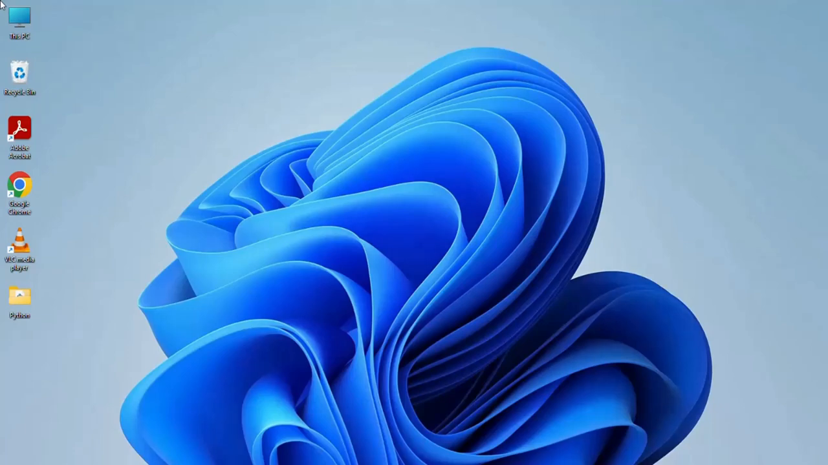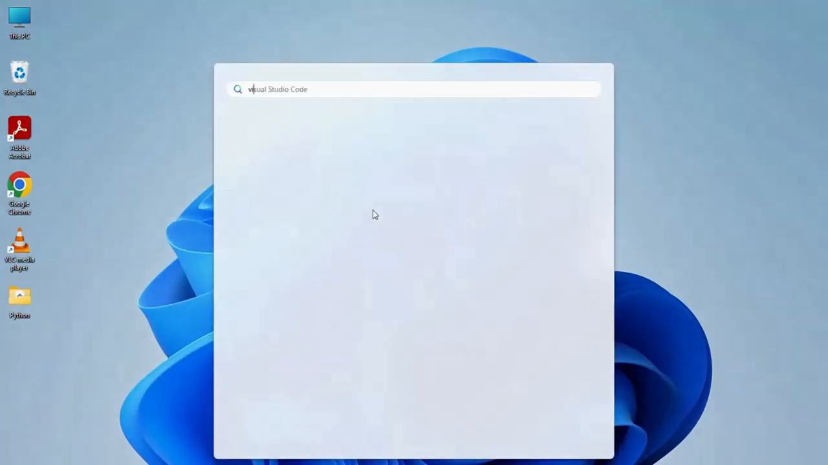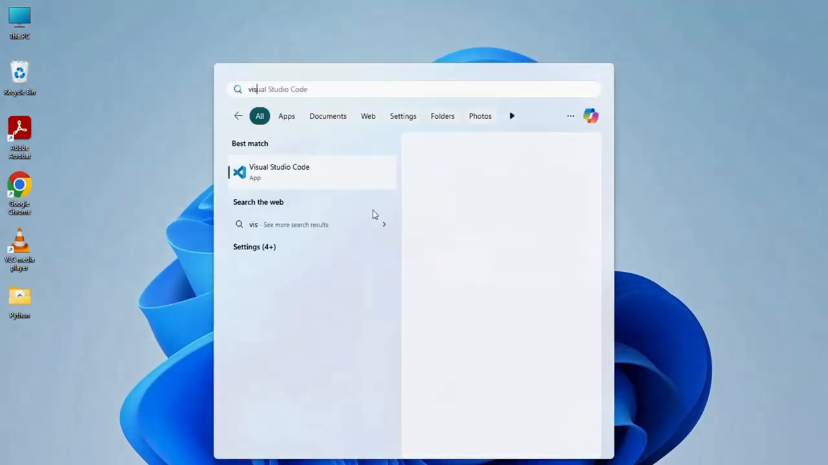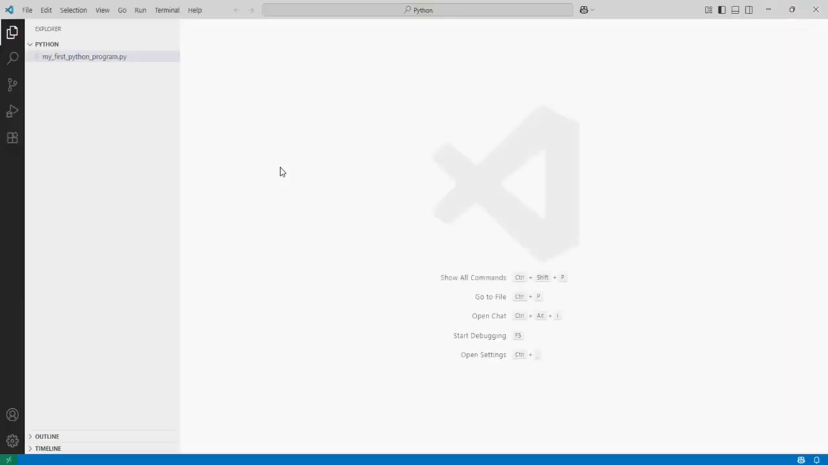Okay, so in this video we are going to learn about data types in Python. Okay, so now I launch my Visual Studio Code. Okay, so this is my Visual Studio Code, and before I continue, let me show you how to change the